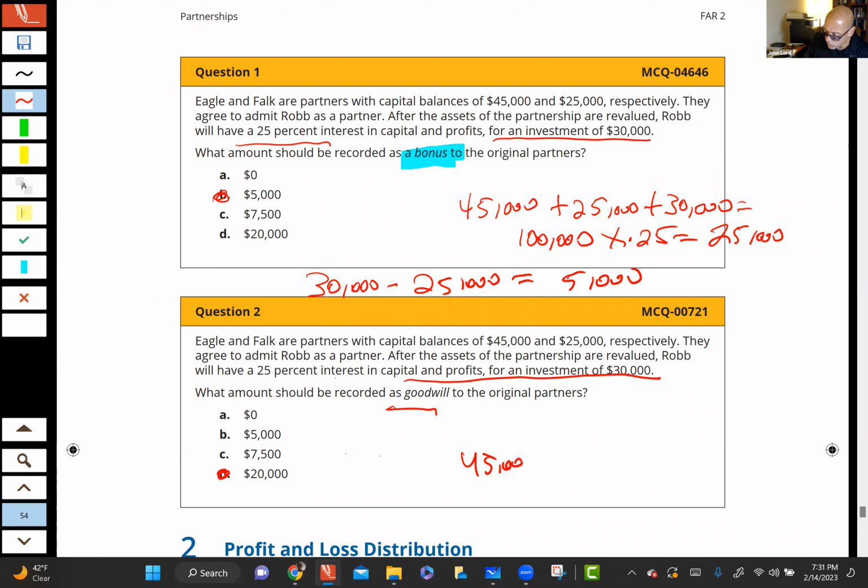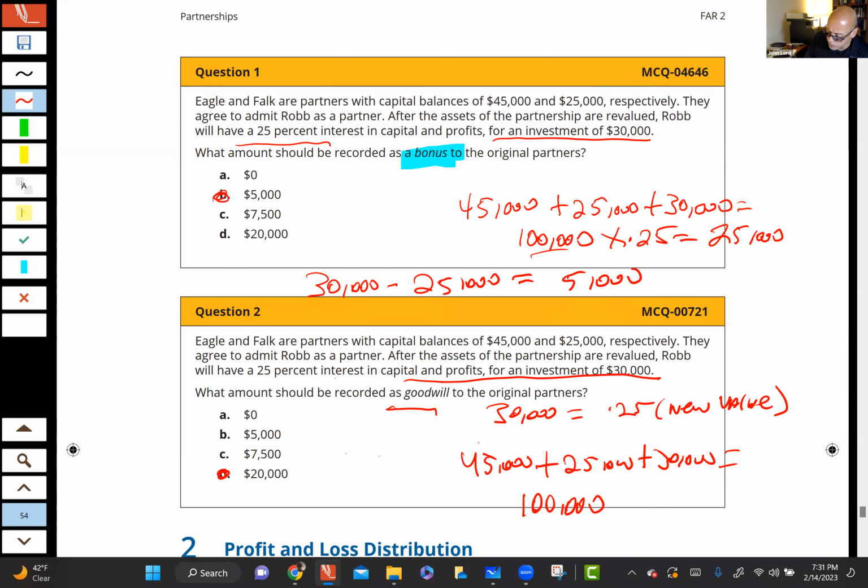So I know I've got to use the goodwill method, 45 plus 25 plus 30. You know from the previous problem, right? Same numbers, that constitutes 100,000. And they're telling us that for 30,000, this guy is going to get 25%. So if for 30,000 he gets 25% of the new value of the equity,